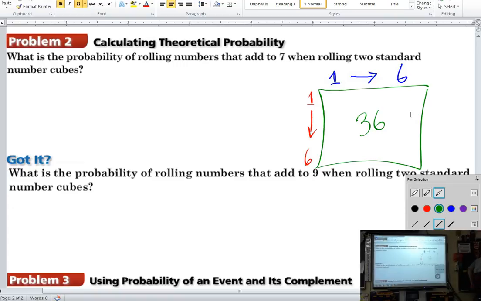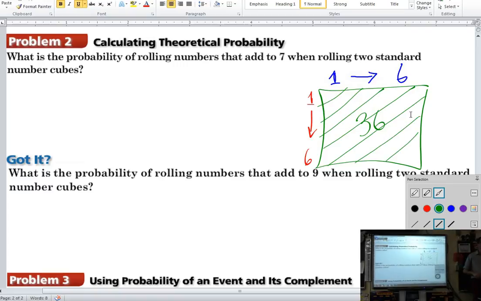Imagine the giant die and this die. A 3-6 is not the same as a 3-6. They're 2 different rolls. They add up to the same thing, but they're 2 different rolls. So even though there would be a strip straight down that adds up to the same thing, and these would add up to the same thing, and these would add up to the same thing,